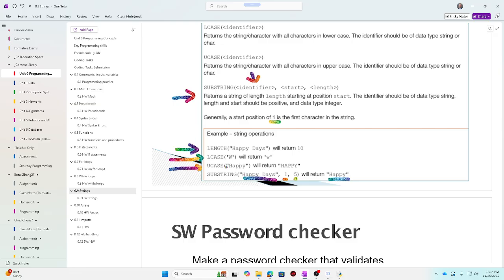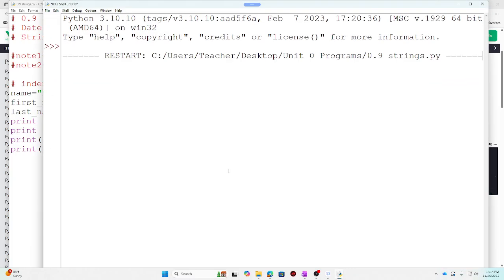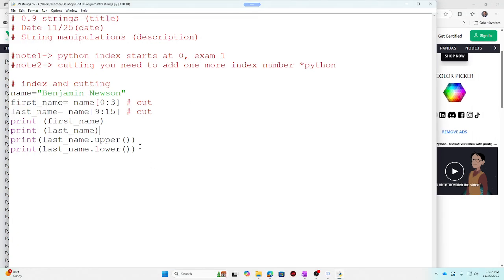Uppercase is U case, and it'll do the same function that we just did right here. So we can go upper. I can do lowercase, and then if I run this, you will see that the string changed. Look, big, small.